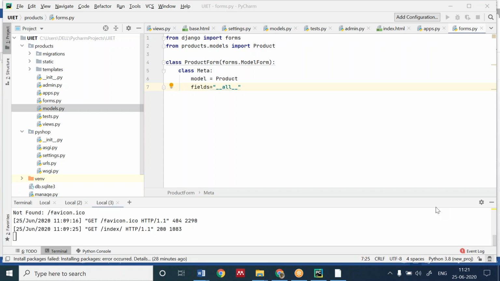Okay, when you create the forms.py, if I write this sort of code, firstly write it down, then I will be explaining it.